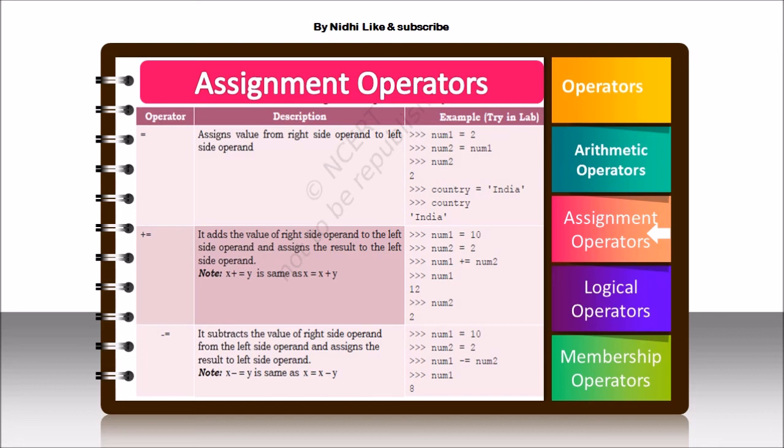So this plus equal to means if we are using both the operators together, this x plus equal to y means the left hand side operand is added to the right hand side operand, and that sum is assigned to that left hand side operand. So the meaning of saying this is, see this note point, so x plus is equal to y.